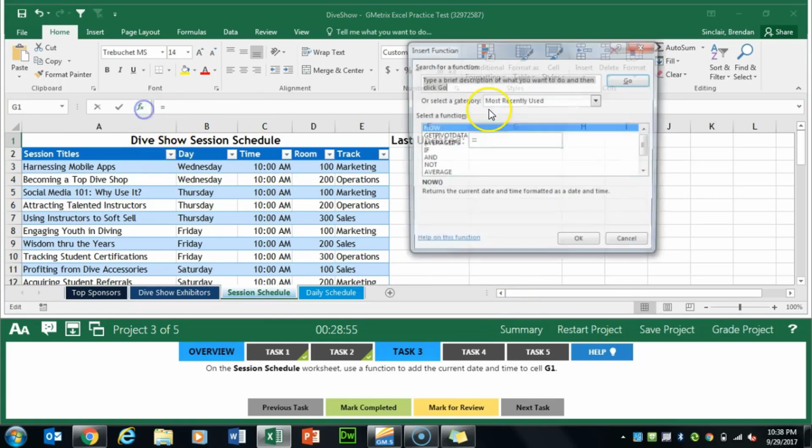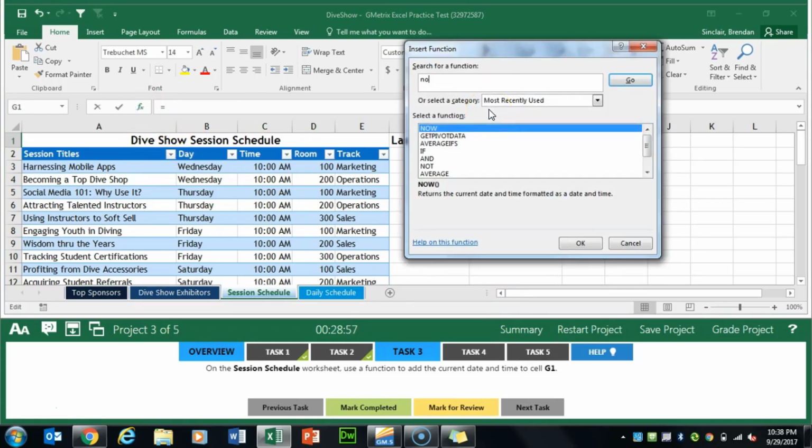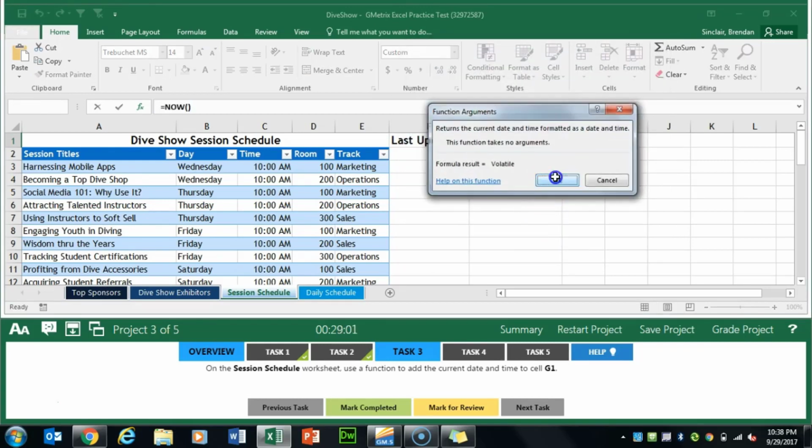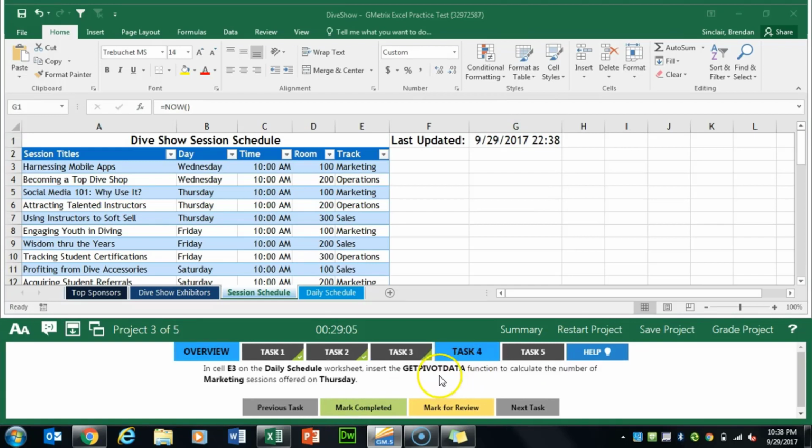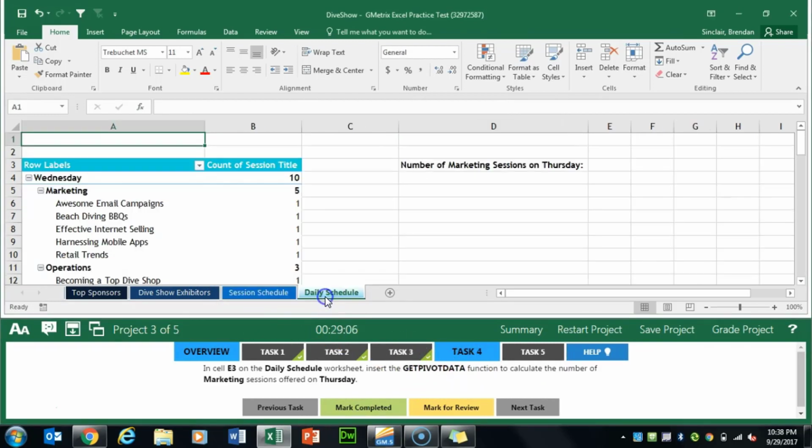we're just going to go ahead and insert the NOW function because it asks us to put the current date and time. And we'll click OK, and we'll click OK. We'll click Mark Completed. Task 4 asks us to go to the daily schedule, and it wants us to insert